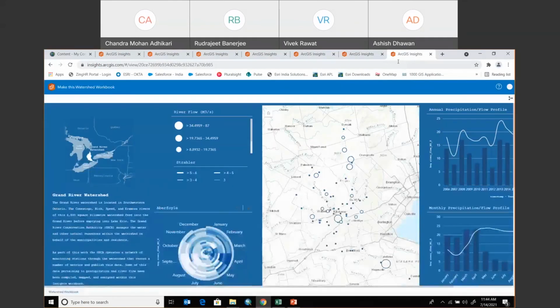Another example, because we have seen how we can take the data from Excel sheets, from the enterprise database, from Living Atlas, from the services. Sometimes we receive the data from some different systems. So I'm taking an example, people who are in the water hydrology field. Suppose you are getting the monitoring station data from another system, and that data is coming to your ArcGIS system, and you want to get certain insights from that database.